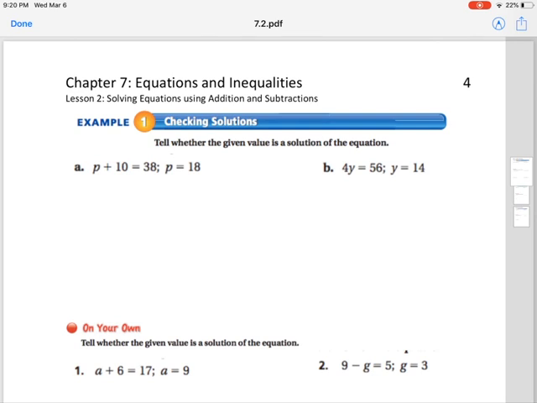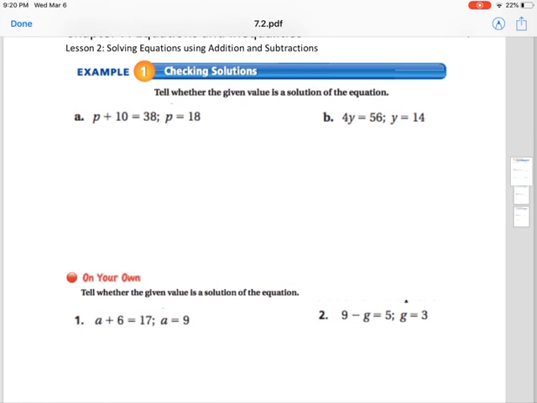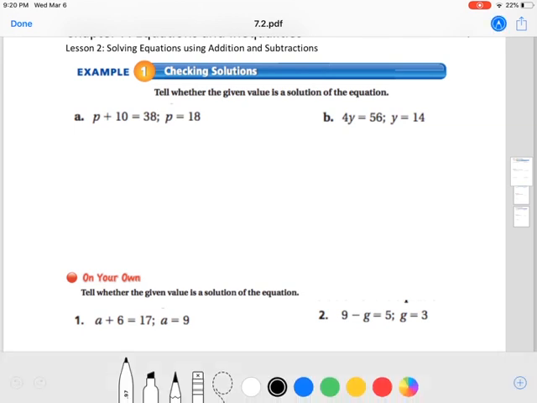So the first thing that I want to kind of review with you guys, because we did do this when we were talking about expressions, but I also want to make sure that we're feeling confident with it in terms of equations as well, is checking solutions, or being able to identify when we have a solution for an equation. So our first